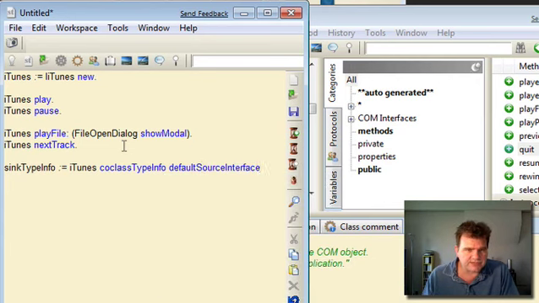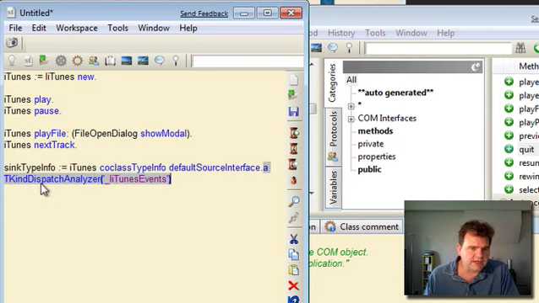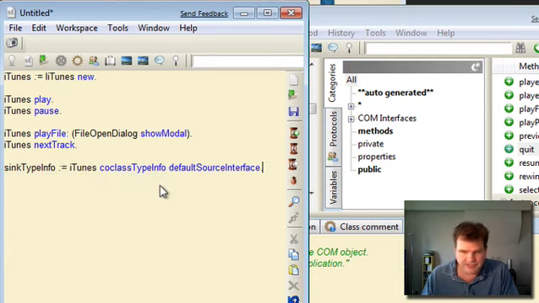So we're going to send coclass type info and default source interface to the iTunes object, and this should yield us up a TKindDispatchAnalyzer, which notice is called the iTunes events dispatch analyzer,